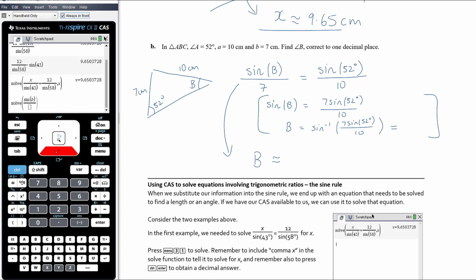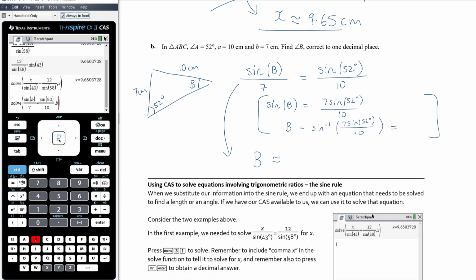You could use x, there's only one unknown in your equation, equals, control divide, sine of 52 over 10, and then outside of the fraction, comma b,